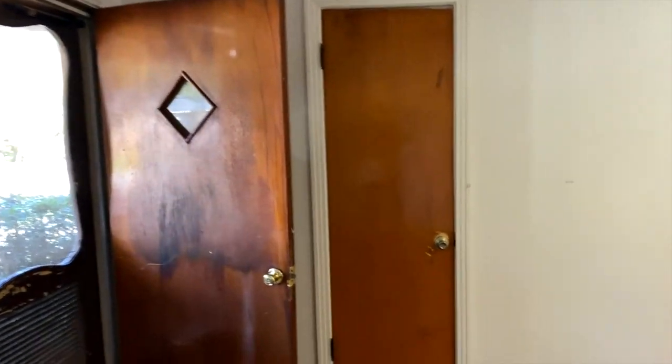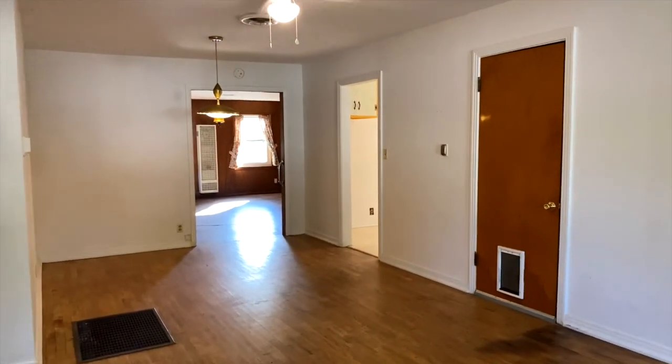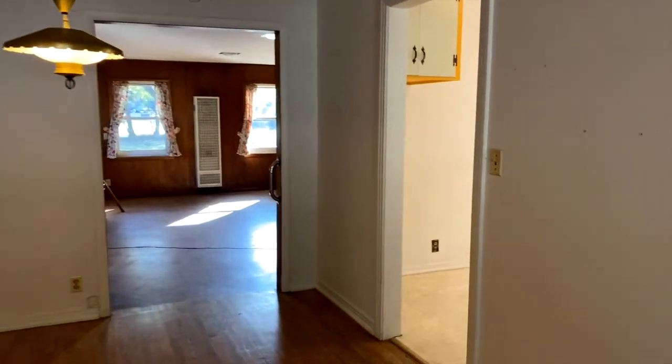I love these doors with the diamond window. I think it's salvageable, just needs to be sanded down. But here we are with the front door coat closet. So plenty of space in there. Standing in the living room space, dining room space, hardwood floors throughout this and the 2 bedrooms, and